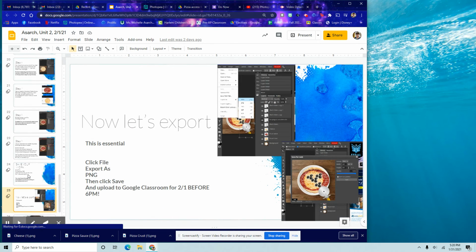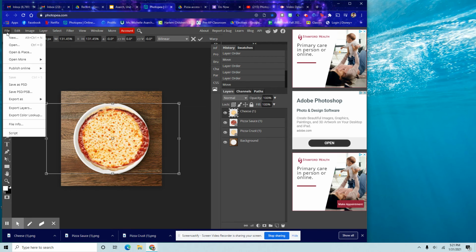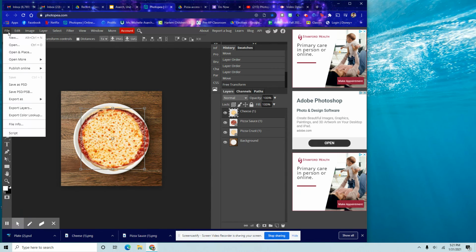So what we're going to do next, we have this inserted. It's the same thing that we did. We're going to save it, and we're going to export it. This is really, really important because we're going to be adding other toppings tomorrow. File, Save as PSD, that saves it as a Photoshop file straight to your computer. File, Export as PNG,